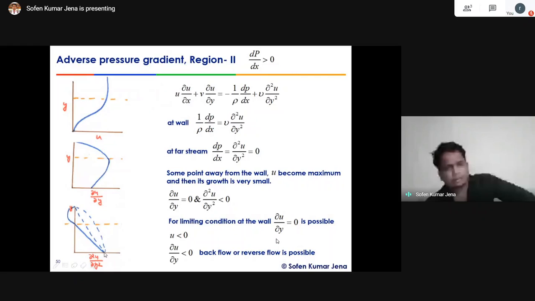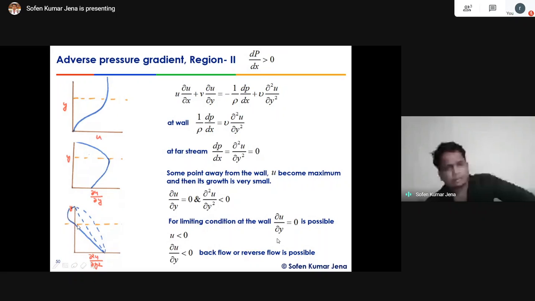What is the mechanism of approach? They can come directly from the positive region, greater than 0, towards the 0 at the boundary layer edge as y increases. Or they can approach a point where the curve meets the y-axis and becomes 0, then go to the negative region and again approach 0 as y increases. The point where the positive del square u by del y square meets the y-axis and becomes 0, and then goes to the negative region, is known as the point of inflection.